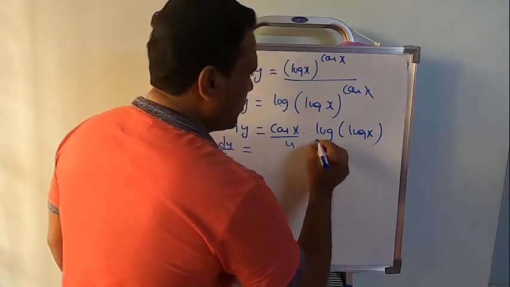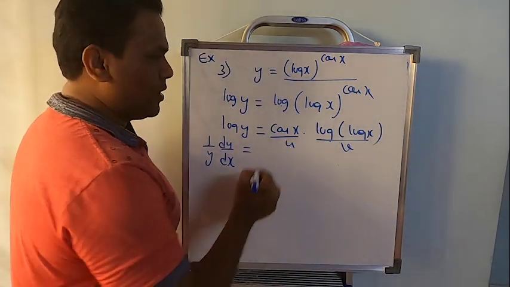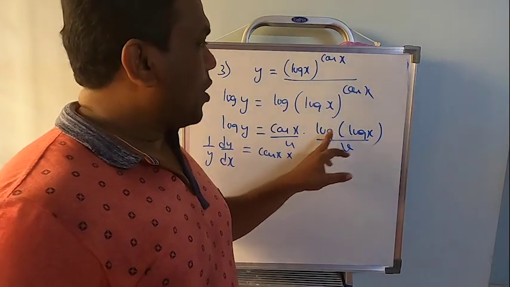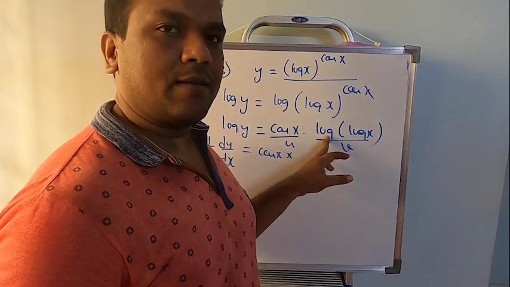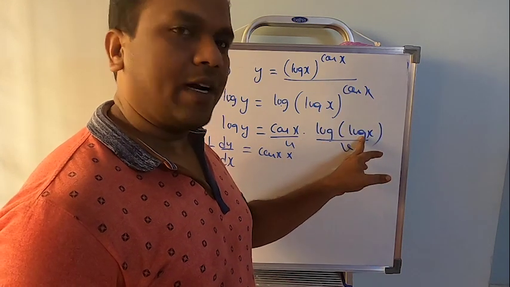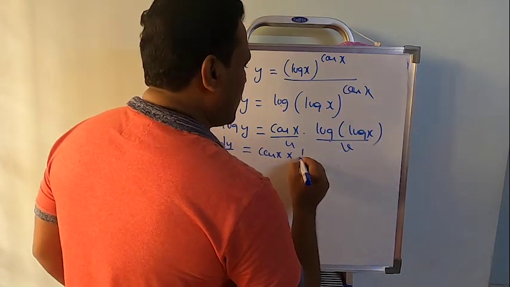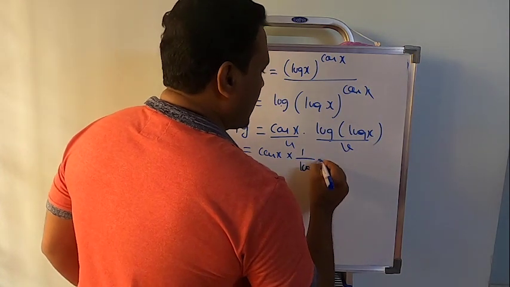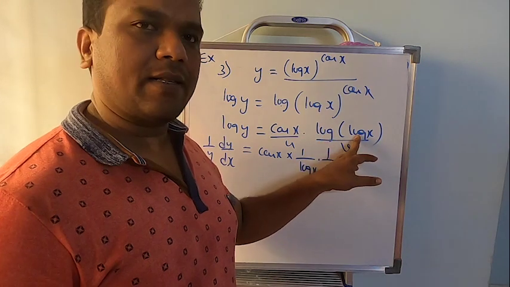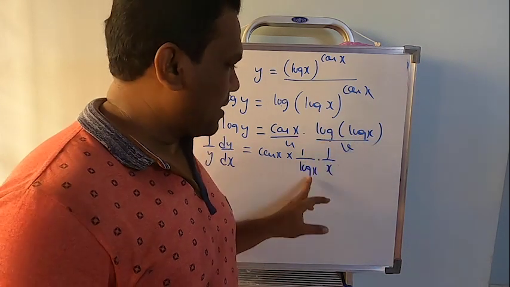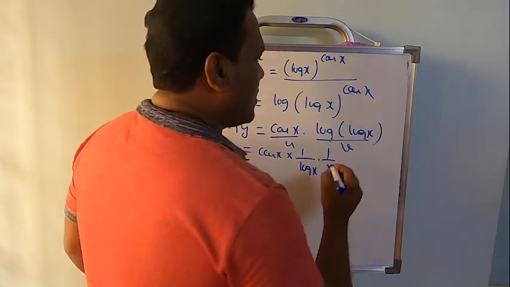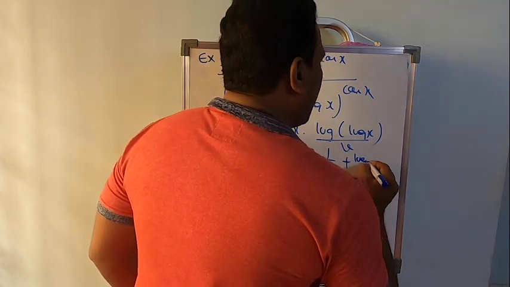Now this will be u, this will be v, apply product rule. So the first function is cos x multiplied by log of log x. When you are differentiating this log, this should be taken as x by using chain rule and then differentiate log x. So log of log x will be 1 by log x multiplied by 1 by x. So when I am differentiating this log, this will be taken as x. So log x, 1 by x multiplied by differentiation of this log x will be 1 by x, plus log